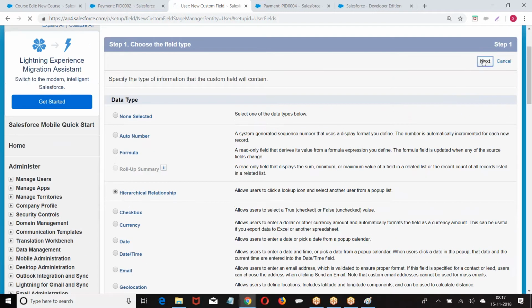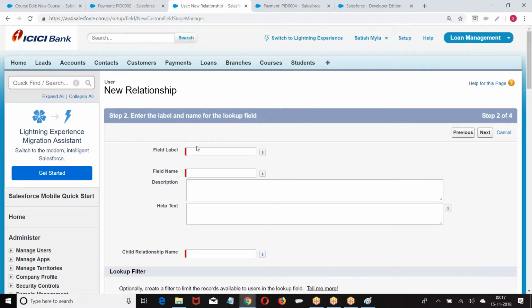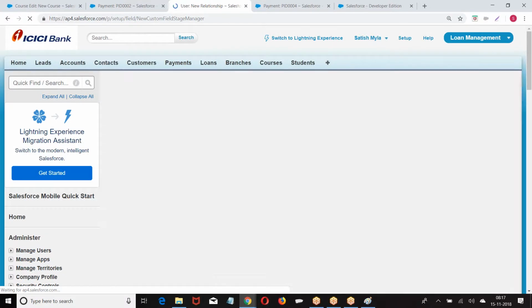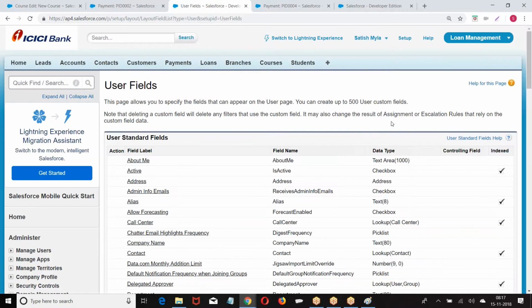Only hierarchy. Next, it is a one-to-one relation which can be created only on user object.